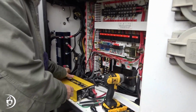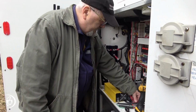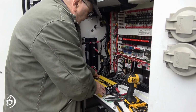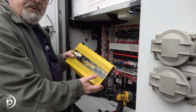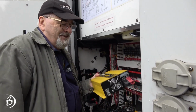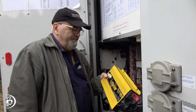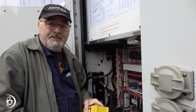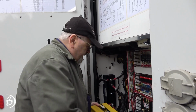So I've just previously taken the bolts off and the power cables to the batteries. This is a 600 watt inverter that we're not going to use anymore because we're going to put a 3,000 watt inverter. And as you can see, this weighs about, I don't know, 8 pounds. The other one doesn't even fit in this compartment. It weighs 70 pounds and it's an inverter charger. So we took this out,